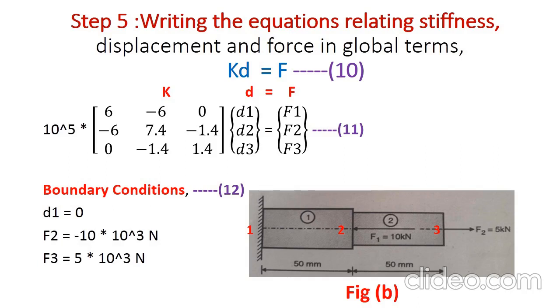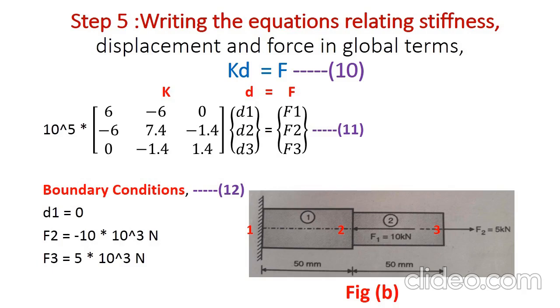Next, f2 and f3, in the diagram they are considered as f1 and f2. So actually that f2 will stand for f1 and f3 will stand for f2. I have considered f2 and f3 only because of the nodal position. So f2 is actually f1.